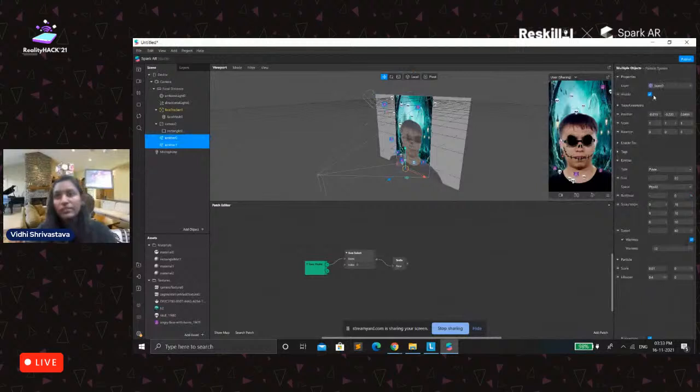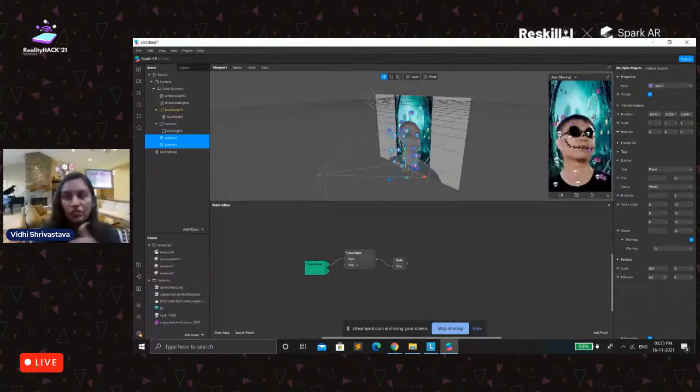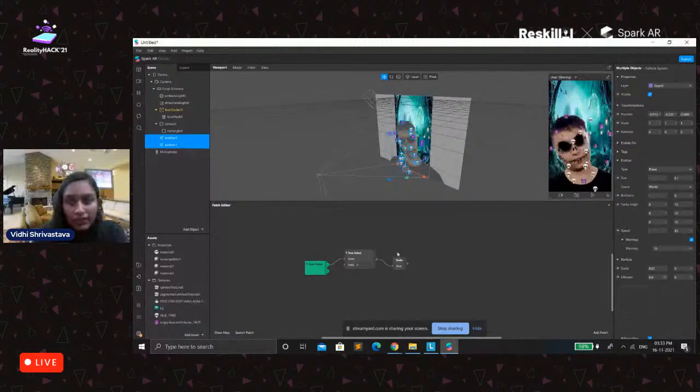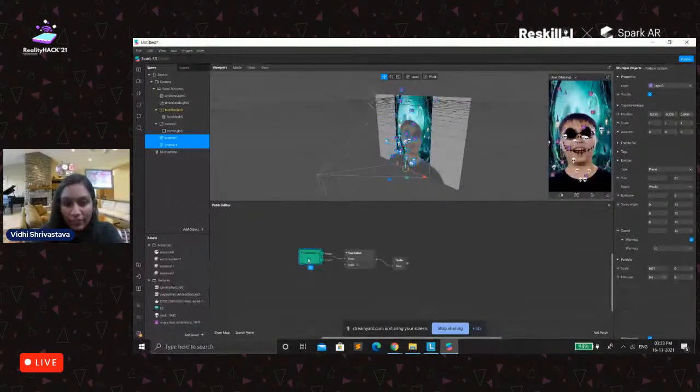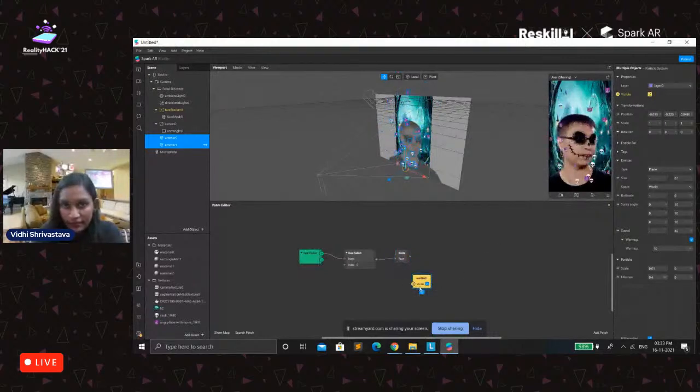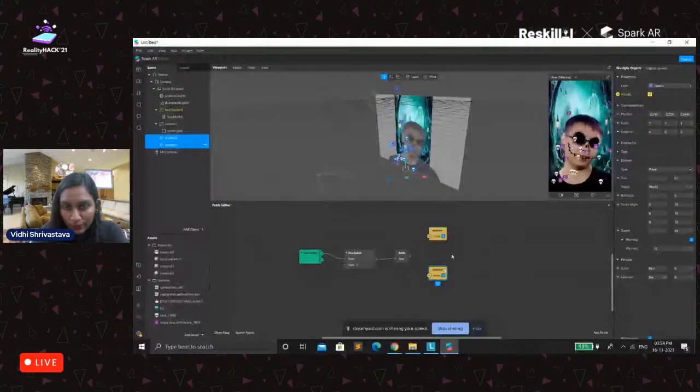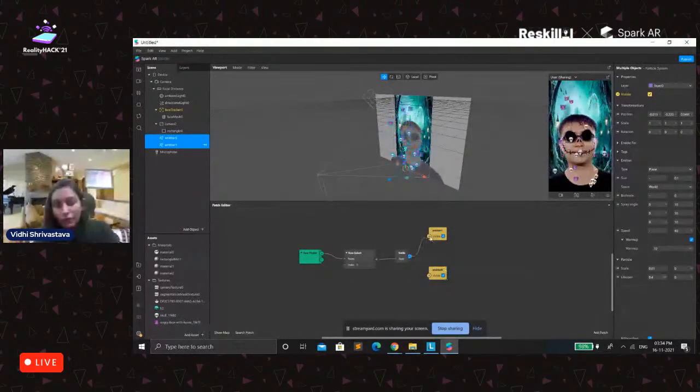and you can see visibility here. If I uncheck the visibility, you will see that the particles just went off, and if I click on visibility again, it came back and is going upwards. What I wanted is that if the user smiles then these particles should come. So I will click on the visibility here, and you will see that you are going to attach the gesture to it.